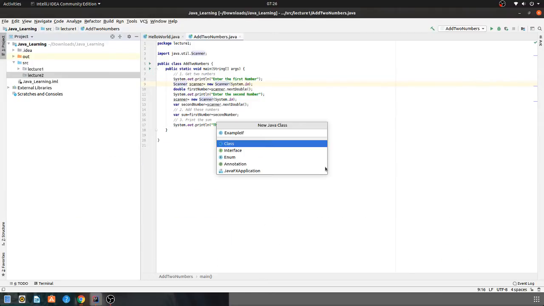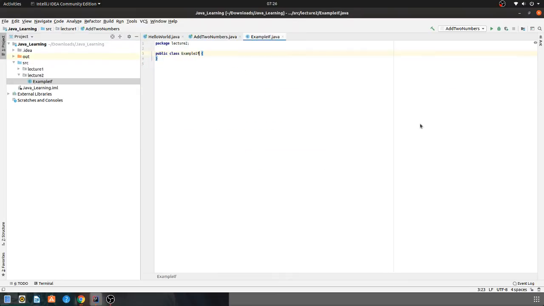I'll just create an enum in big. That is what Java naming convention stands for, creating classes. And this is an if example. So let's create this. In this if example, we will write a small program where